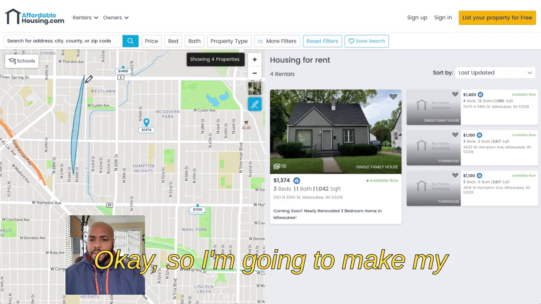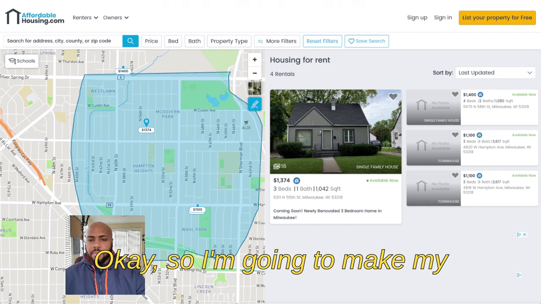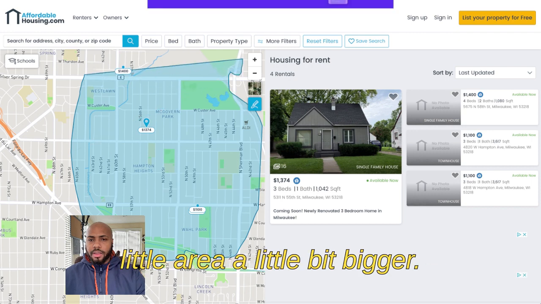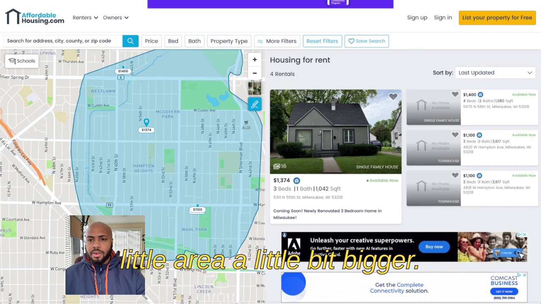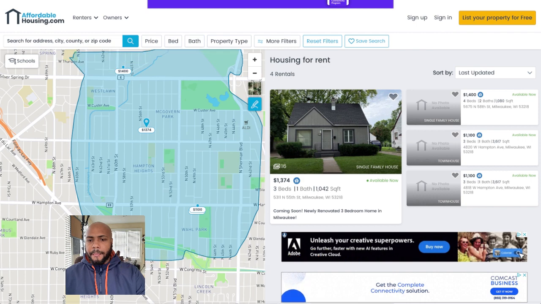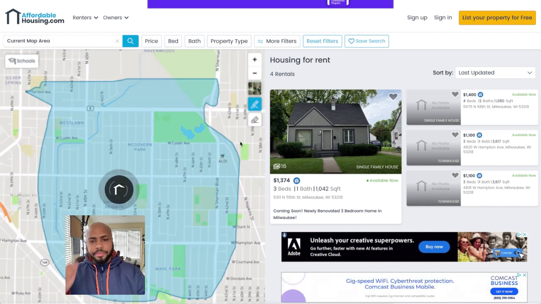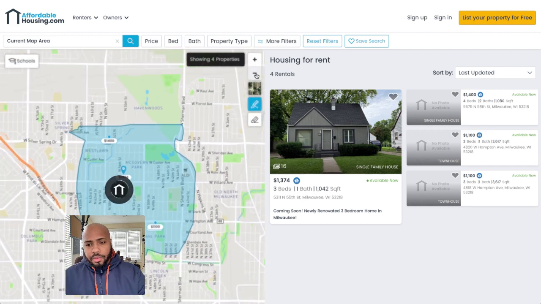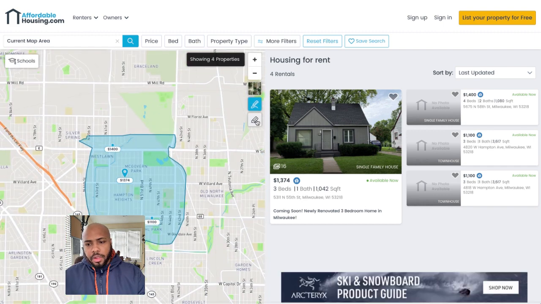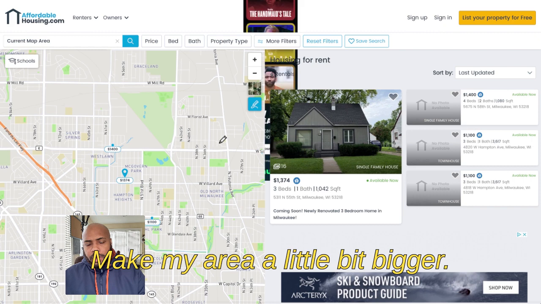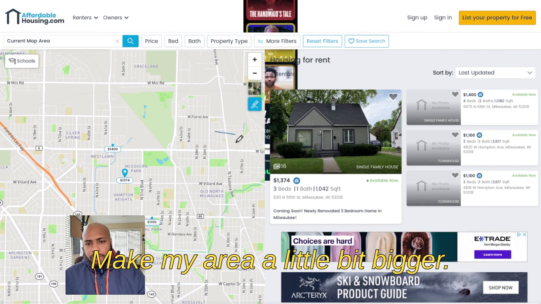Okay. So I'm going to make my little area a little bit bigger.